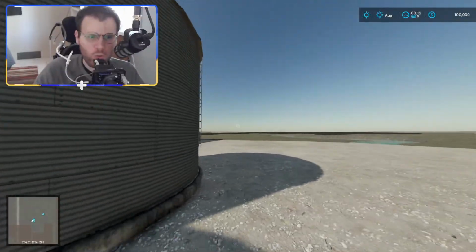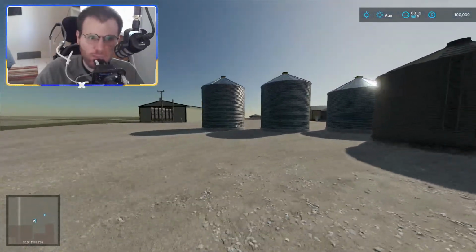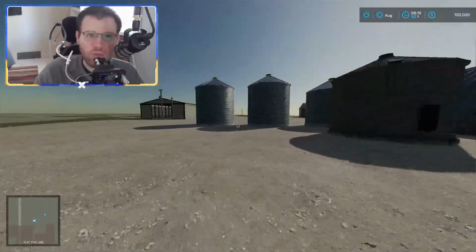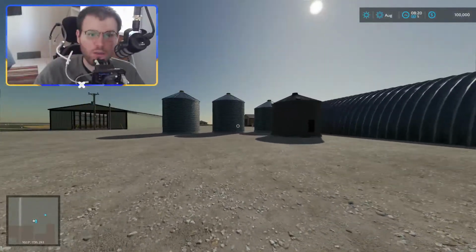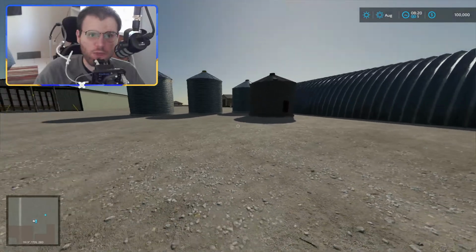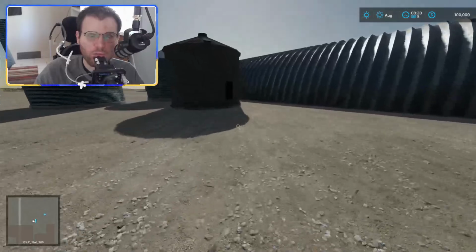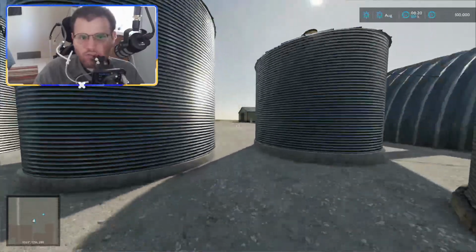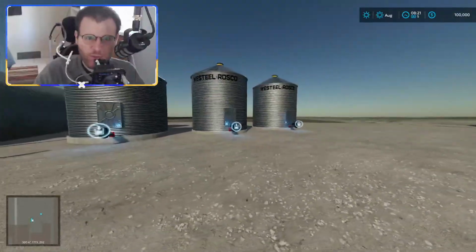We got this old one that isn't functioning, it's just there, and there's supposed to be a big one right here, but I did something wrong with the files. I have to look. There's supposed to be a bigger one, which is all the correct amounts, but these two back ones are just decoration, and players aren't going to be able to use them. There's too many bins, and in Farming Sim you don't really need to use that many, so we'll have those